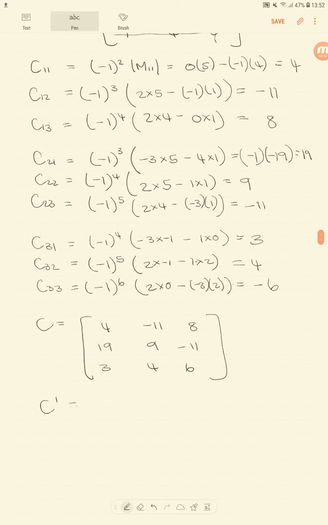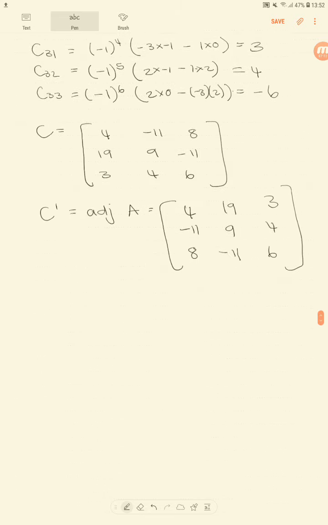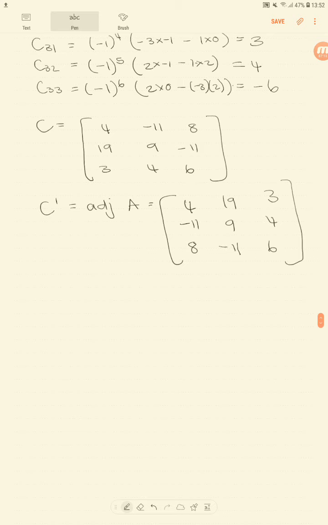Our transpose, which is equal to our adjoint of A, is 4, minus 11, and 8, 19, 9, minus 11, and 3, 4, and 6. Our determinant of A is 49. Check this,